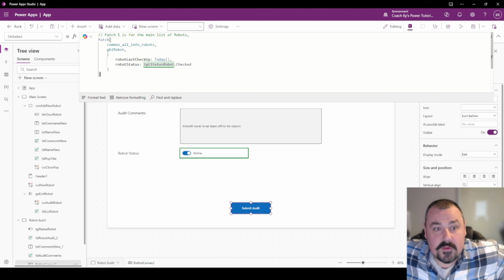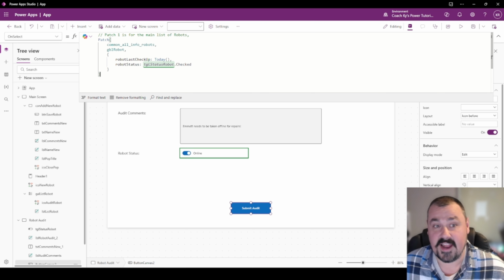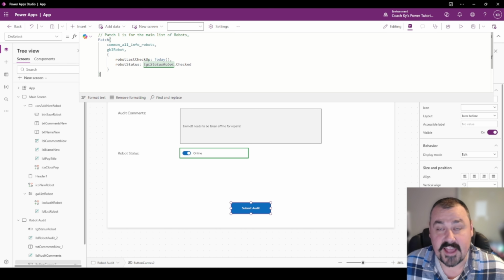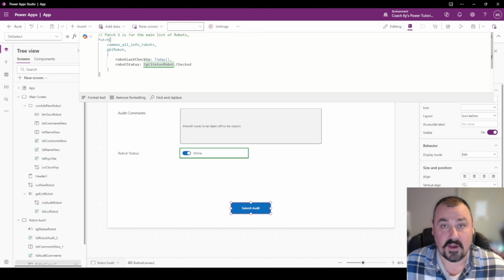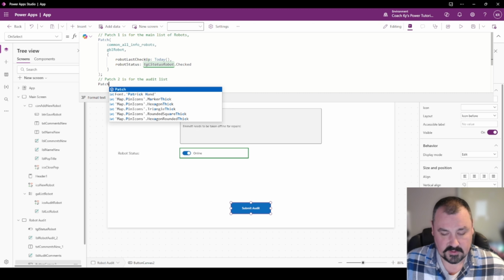When was the last time the robot had a checkup, which is today, and what is the current status of the robot, which reads the toggle switch. Okay. Patch 2 is for the audit list. Okay, so let's patch